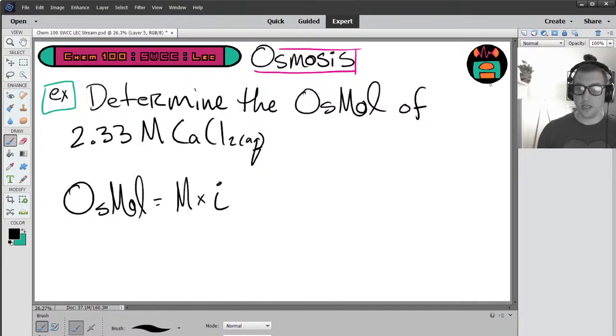So we need to determine our Van Hoff factor of calcium chloride. And you can see that when you look